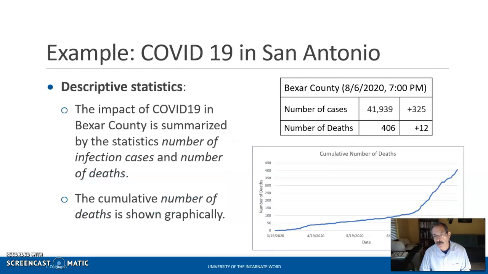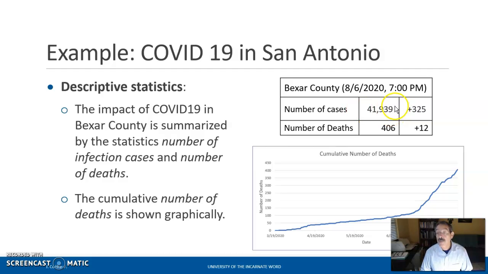And here's an example of these 2 parts of statistics. In this example, I'm looking at the rate of infection with COVID-19, or the number of people that are tested as having COVID-19 in San Antonio. So I went to the website for the San Antonio city, and I looked on August 6th, the results by 7 p.m. So the descriptive statistics in this case are summarized as the number of cases,